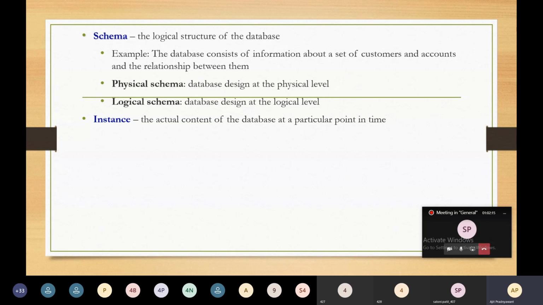Every time you use data from your account, the daily limit is reducing. Every time it is changing. For that particular time, that is called an instance of the data. So it is the actual content of the database at a particular point in time.